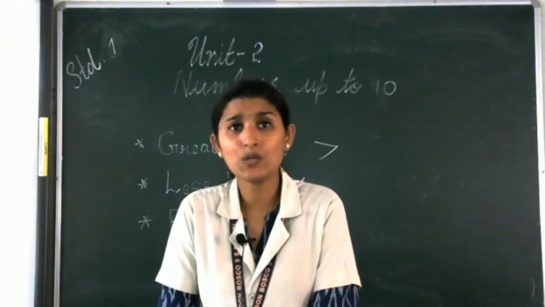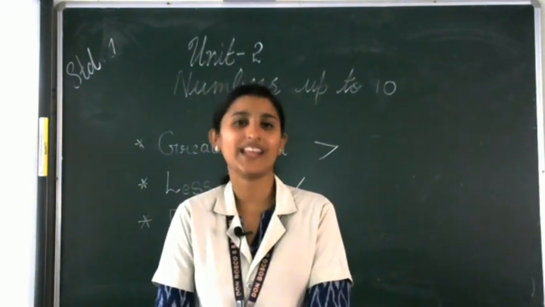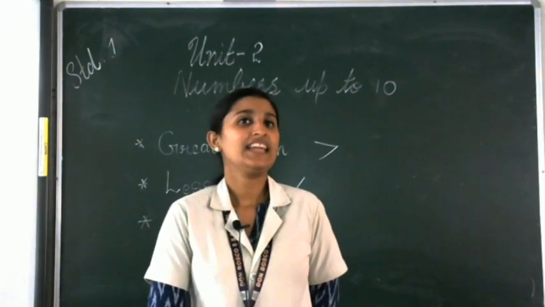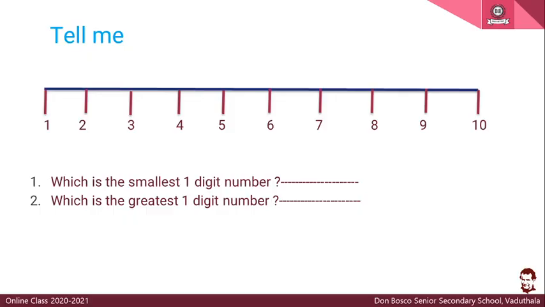So you know how to write the numbers from 1 to 10 in order, right? Yes. Now what are the numbers from 1 to 10? You can see the numbers from 1 to 10 on the slide. So when the numbers go to the right, it is increasing. After 1 it is going to be 2, after 2 it is increasing to 3, after 3, 4, like that it is increasing.